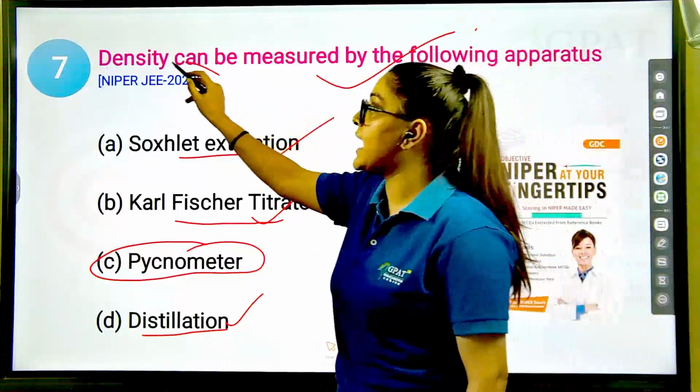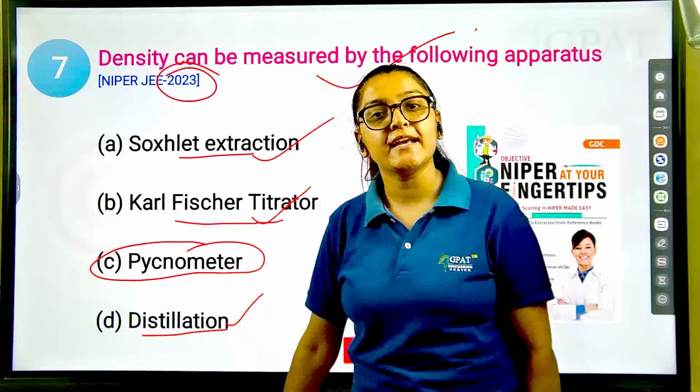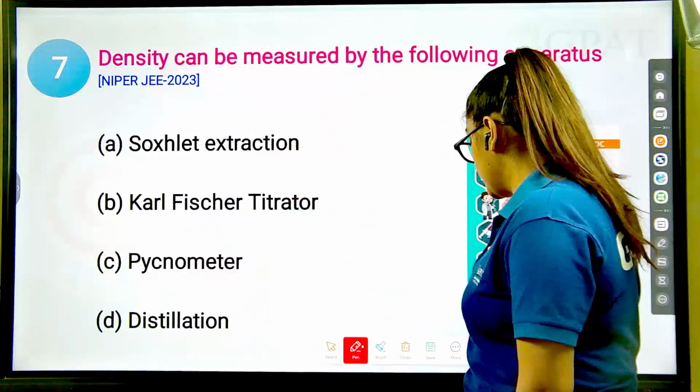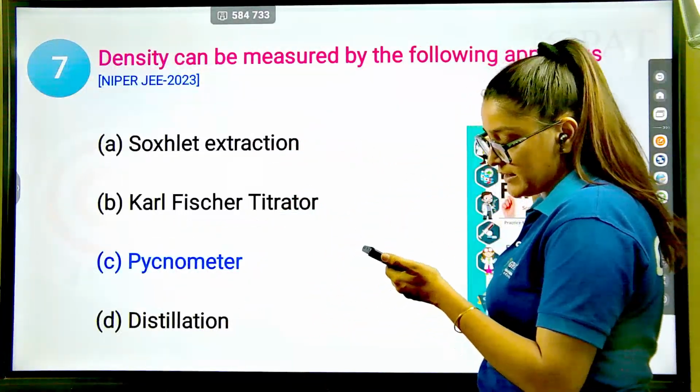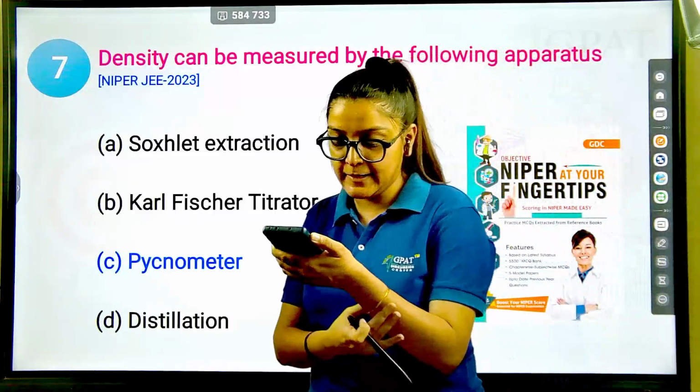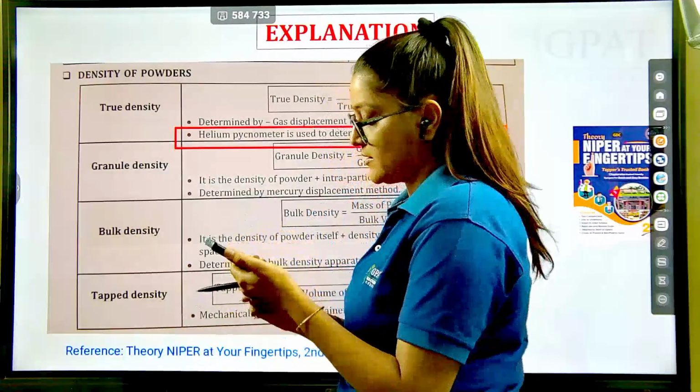So this question was asked in the NIPER 2023 exam. Okay, so the correct answer is option number C. Very correct, Dimple, Bhardwaj, Shivani, Vijay, it's C, right. Okay, next